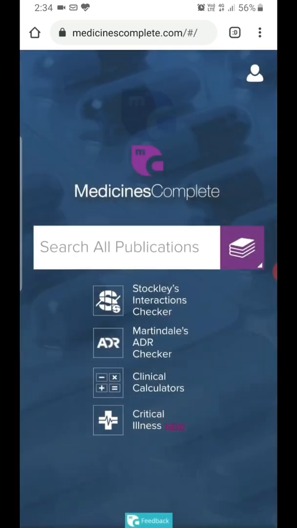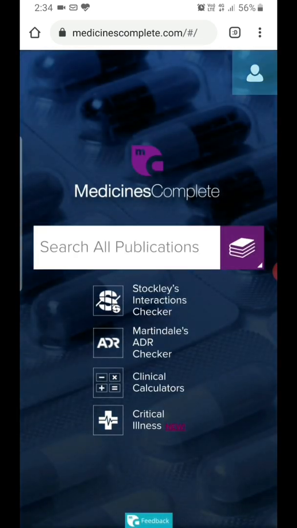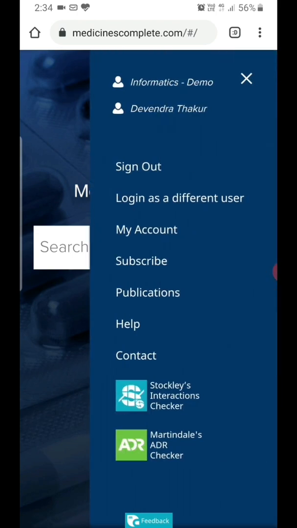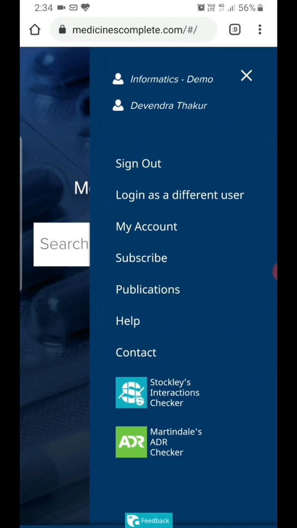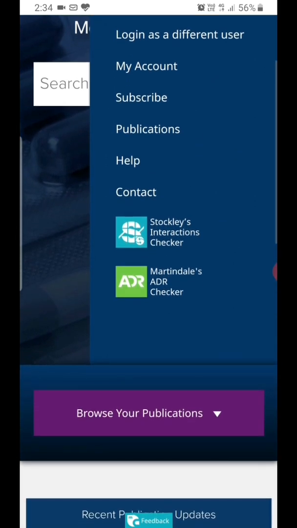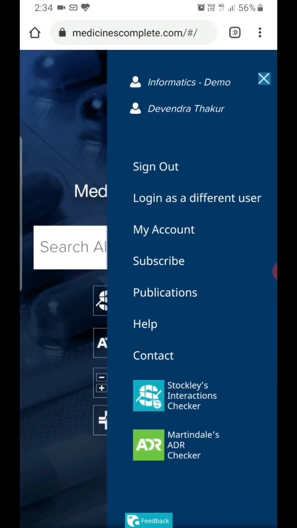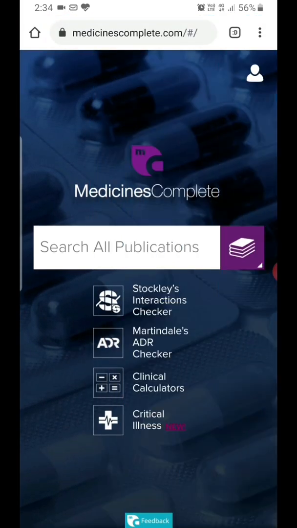Once I log in, I'll get a screen like this, and here I can check my user. Generally there will be your college name over here instead of informatics demo. So this is just a demo account to show you the usability of Medicines Complete. Once you log in through your mobile or your desktop, you can just search whatever you want in the